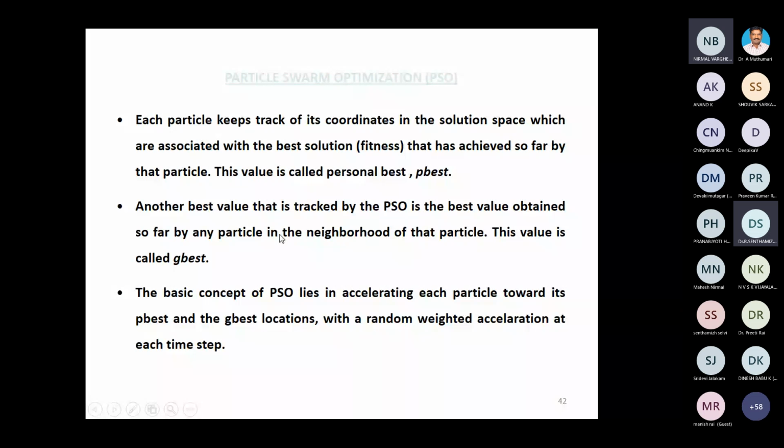And we have to know the G best, that is called global best. It is the best of all the available particles, I mean the group. Now you must know P best first, and then you finally come to the G best, right? The basic concept: I can apply this P best and G best for identifying the best student in the class in terms of marks. That also I can apply PSO, because the marks between two students, that is called local best. The marks of the best student in the class, that is called global best. Okay, marks is the particle identity,